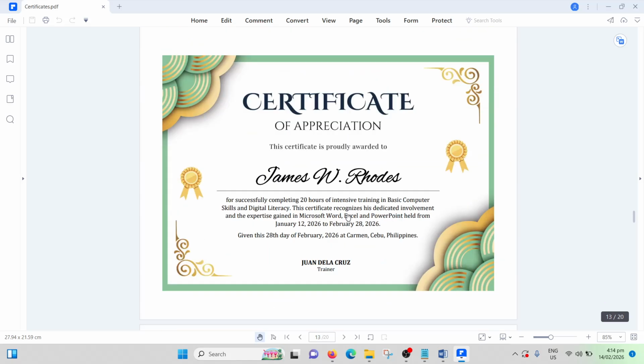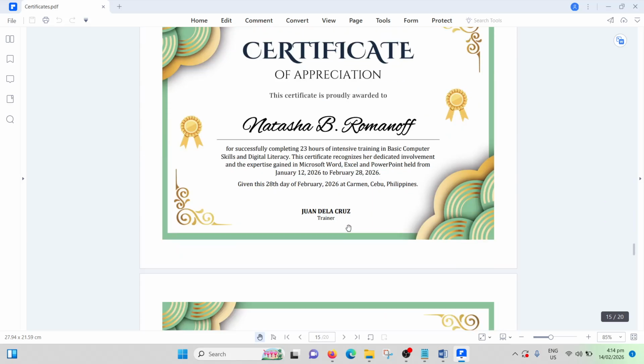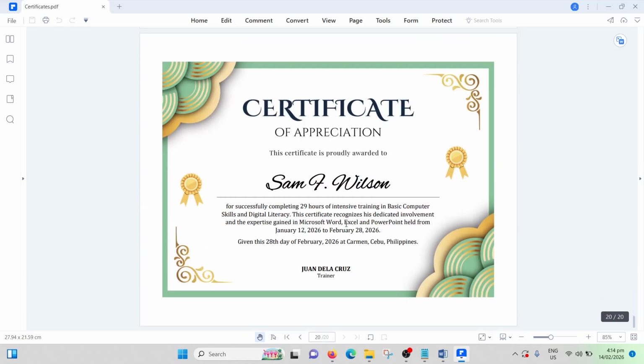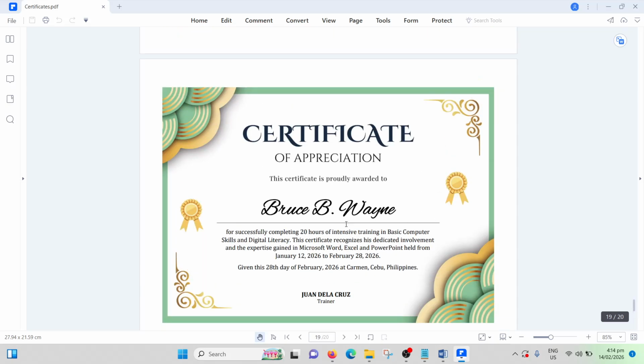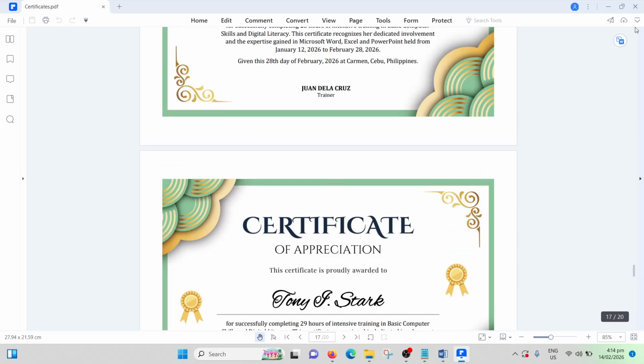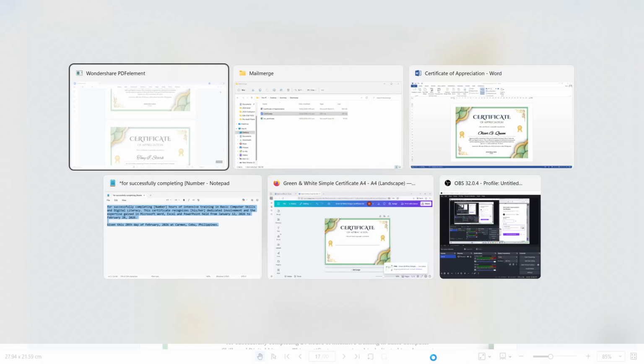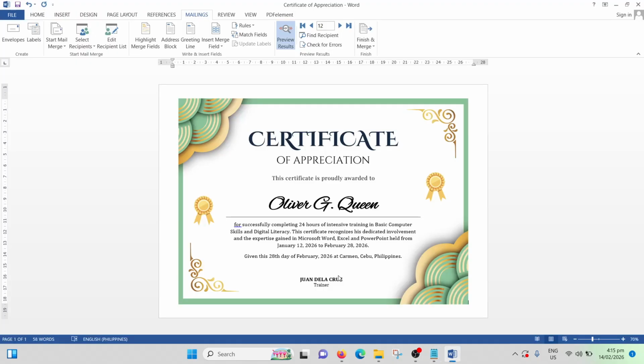Unless you have your own printer, you can just directly print it to the printer, so to get the maximum or desired outcome. So let's say for example, I need to edit the template.